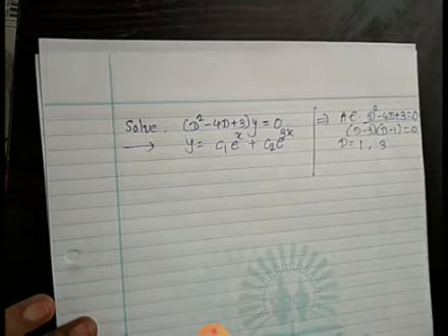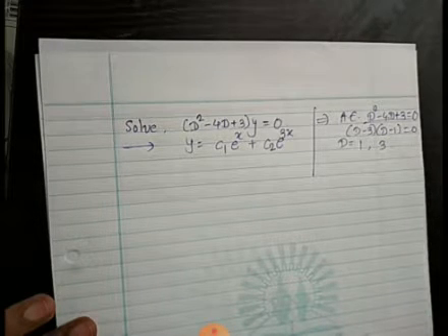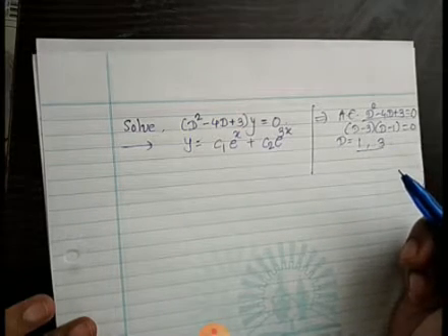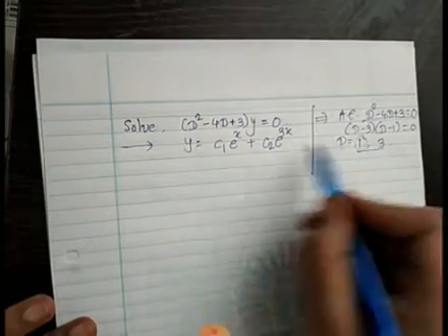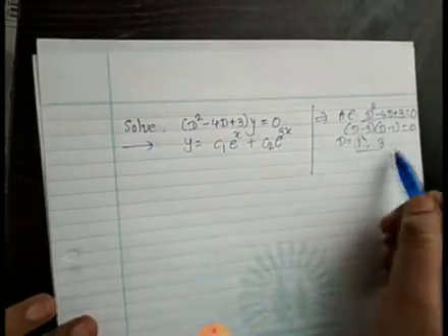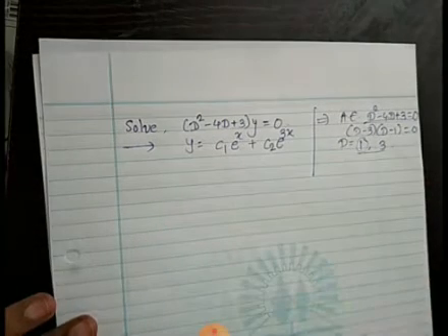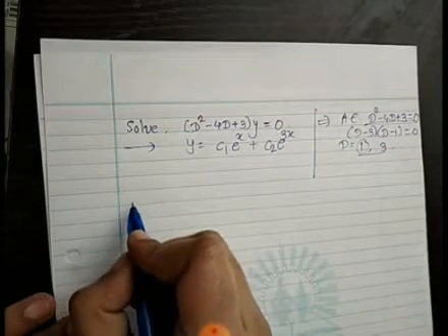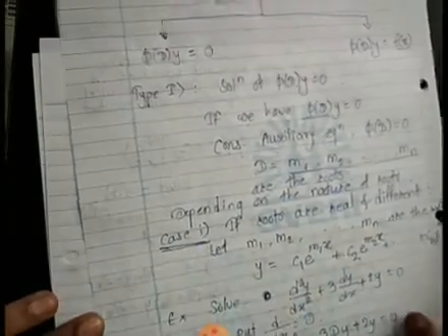Check first. See the roots. They are 1 and 3. And if I check the nature, both are real and both are different. So I can write the solution as c1 e raised to the first root x, c1 e^(1x) + c2 e^(3x). Okay, done. Then we'll move to case number 2. Have you written case or type? Yes, case. Case 1 is done. Secondly, case 2.